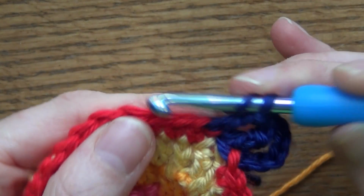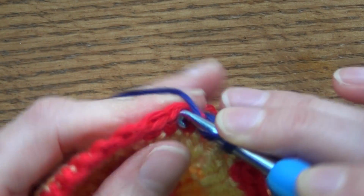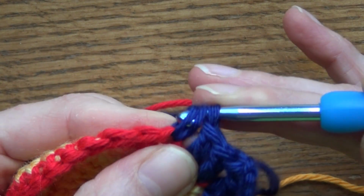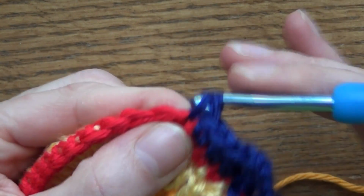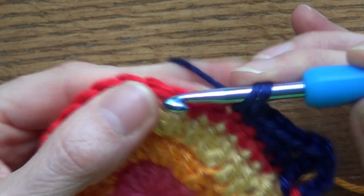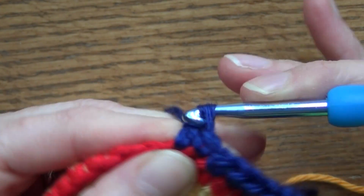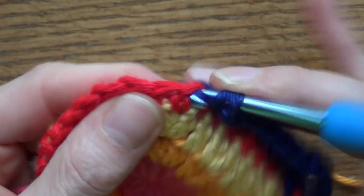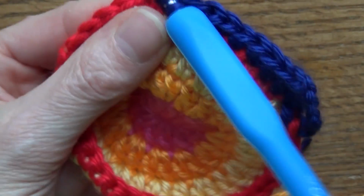So you'll do a double crochet and then a double crochet in the next stitch, and then you're going to do a half double crochet in the next, and then you're going to do a single crochet and a single crochet, and then you're reversing that. So now you're going to do a half double and then 2 doubles, so 1 in one stitch, 1 in the next,